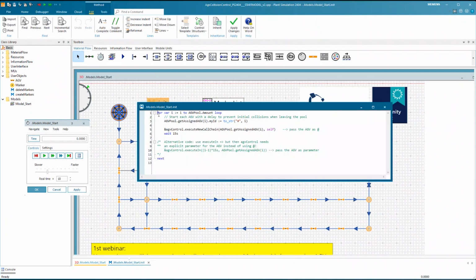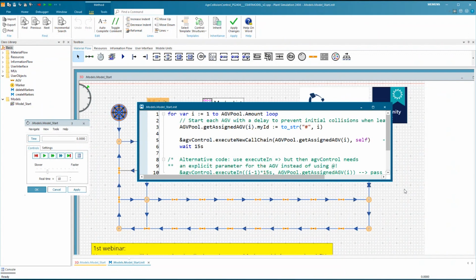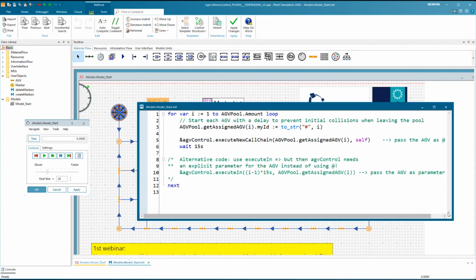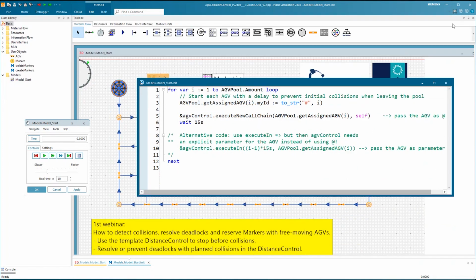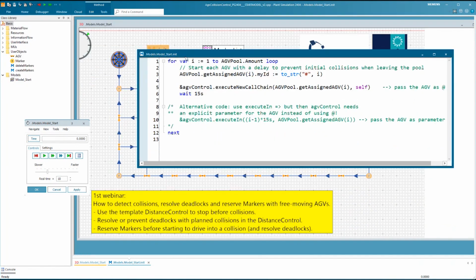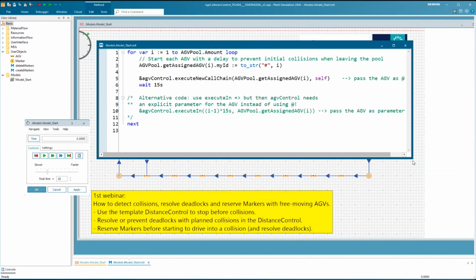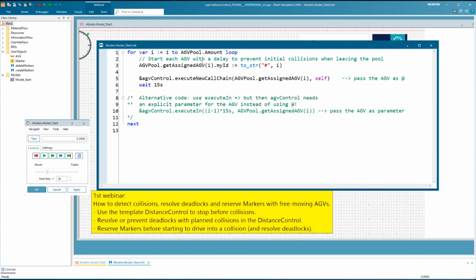So the starting model starts with the init method, which I can zoom in a bit here in case this is too small for you. The init method simply walks through all the AGVs that are registered in the pool, and basically it calls the method AGV control for each AGV.